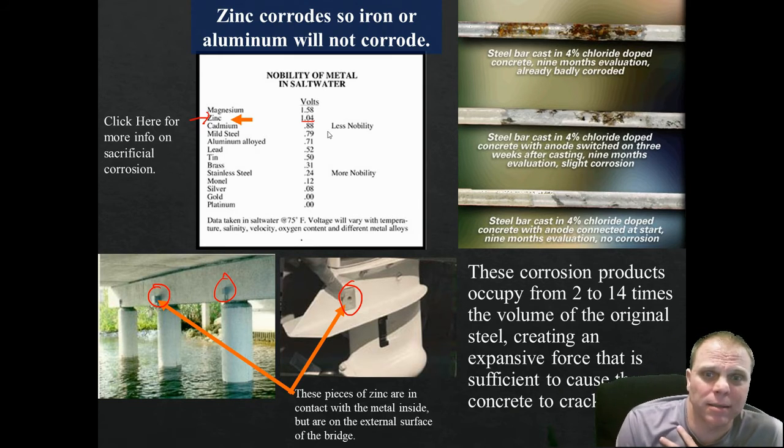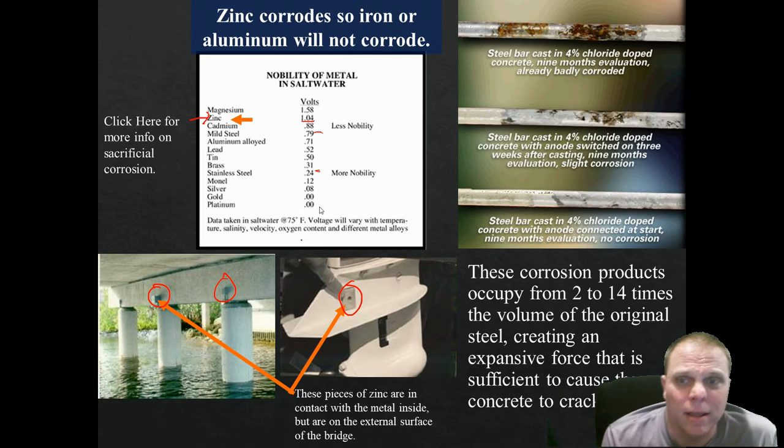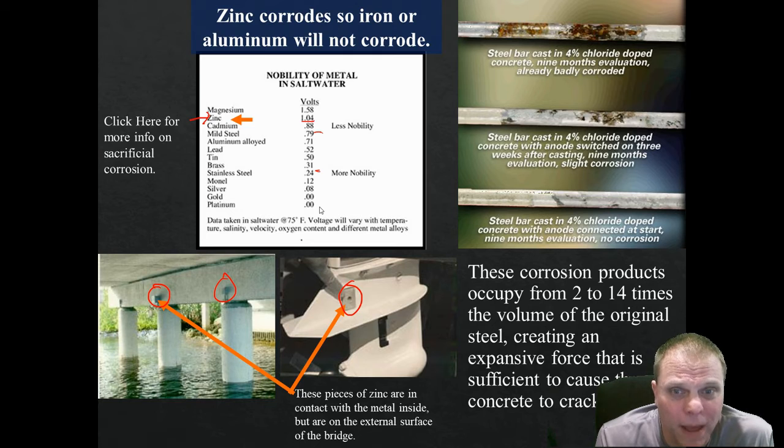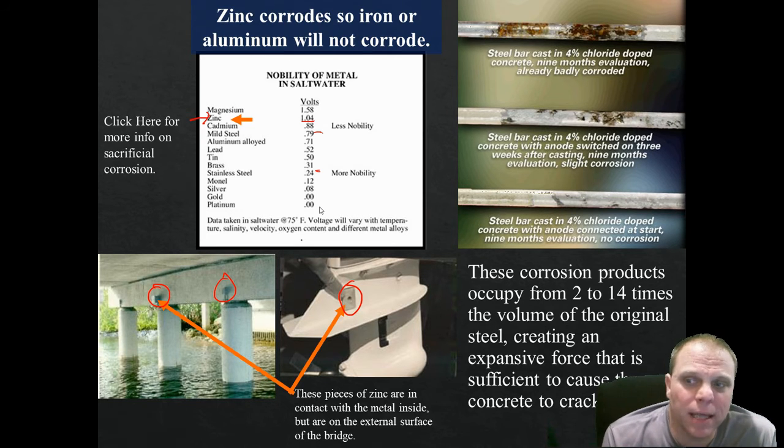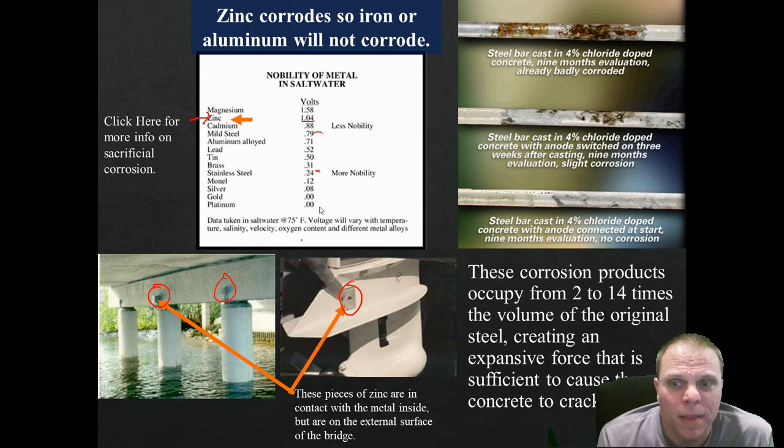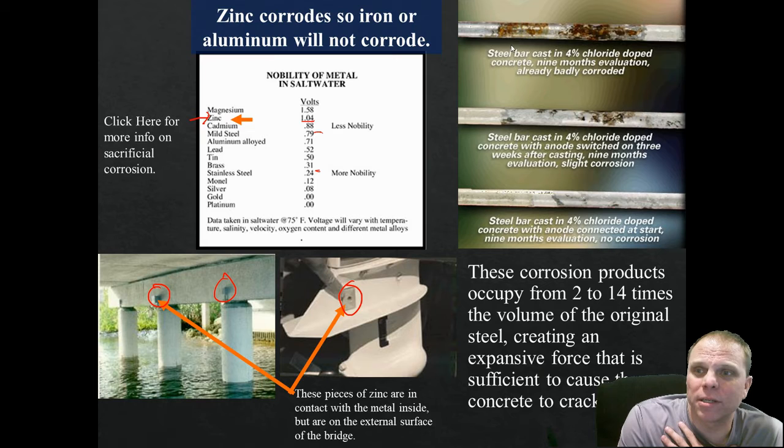Whereas if you look at things like the different types of steel that might be used, I doubt that they're using stainless steel, right? But they're using the other types of metal like steel and iron, right? That kind of stuff. Those things are going to have less activity. So what happens is because they touch this zinc, then all of the electrons are going to transfer to the zinc, and the corrosion or the oxidation takes place on the zinc instead of in the iron. So see what happens here. This steel bar